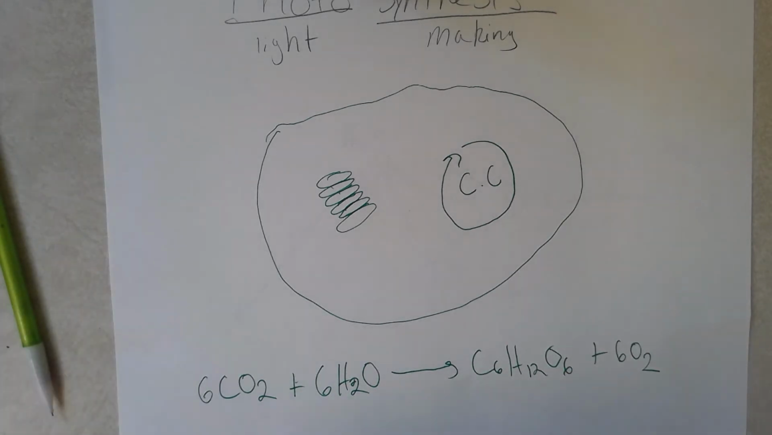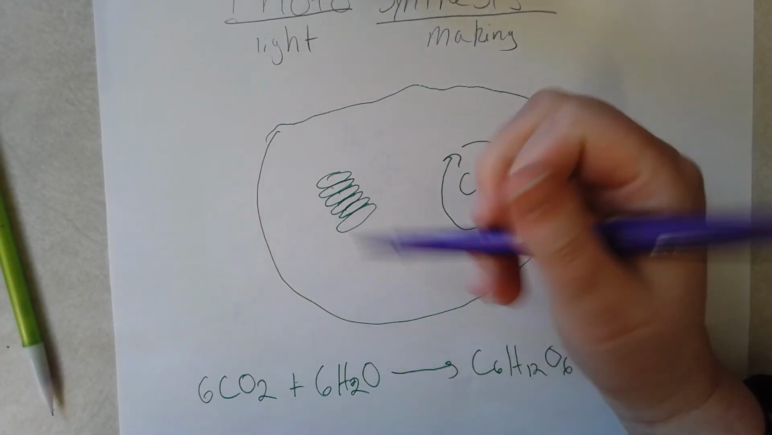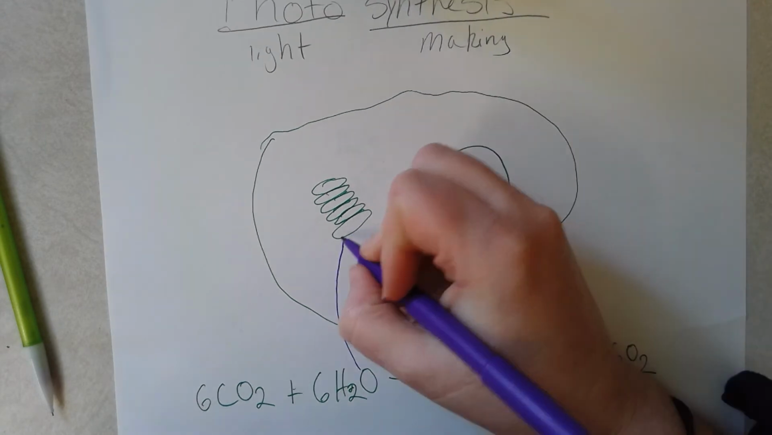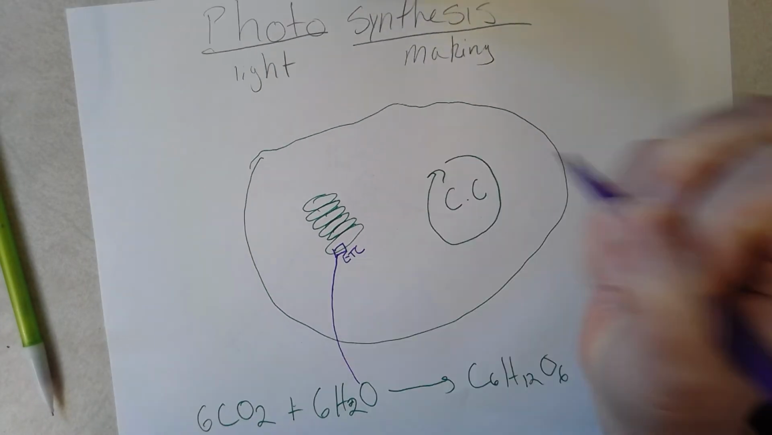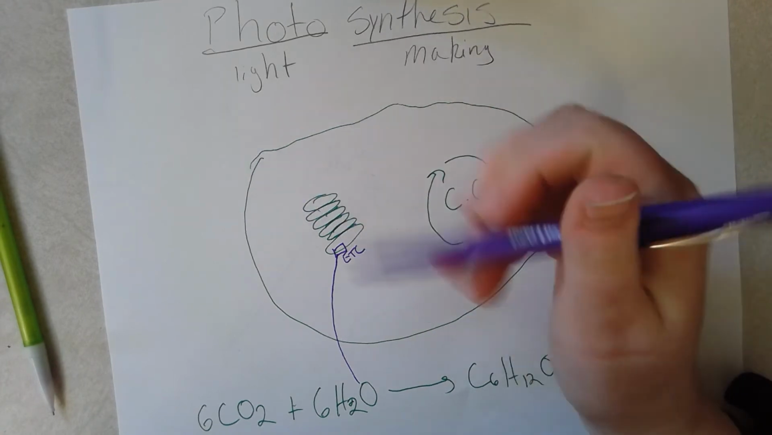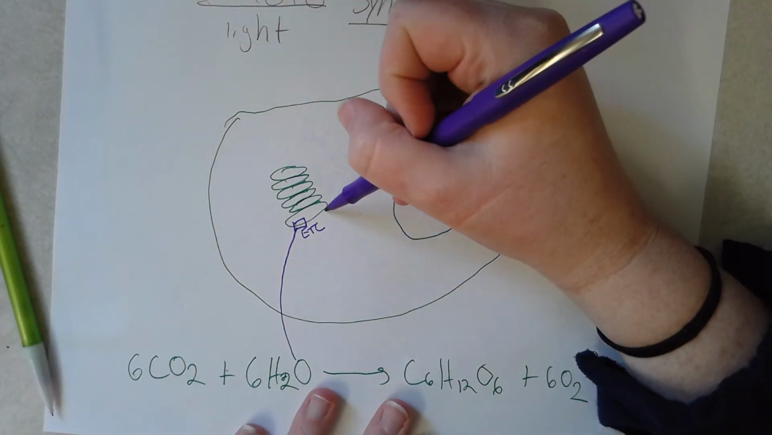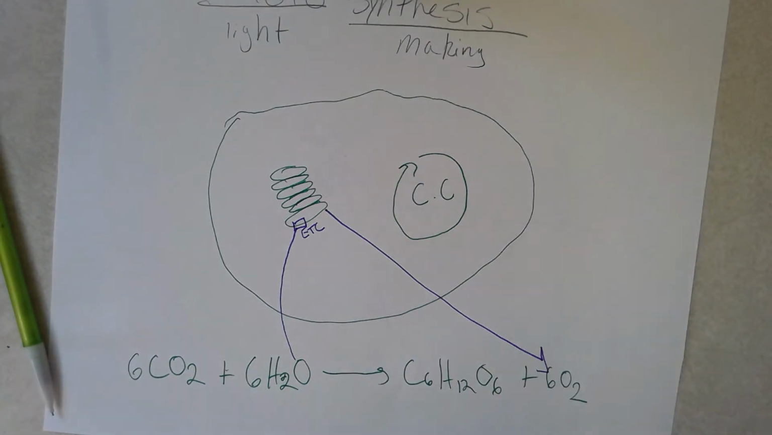So first, you have water here. Water is what goes into the thylakoid membrane right here, and this is actually where the electron transport chain for photosynthesis is. And what happens is water is split, and that's what gets us our oxygen. So oxygen is actually going to be coming out of the electron transport chain, and then the carbon dioxide that